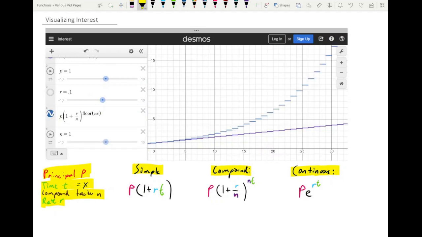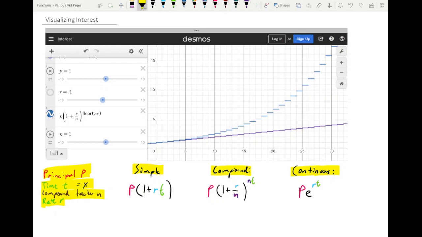And so once we add in our slider for n, we get another graph for compound interest. Now immediately you see this fundamental difference between compound and simple interest coming out. It's not just that compound interest gives you higher numbers, although that's certainly true, which is great for someone who's investing. It's that the character of the curve for compound interest is different than the character of the curve for simple interest, right? Simple interest gives you this nice straight line, whereas compound interest has this curving up behavior,